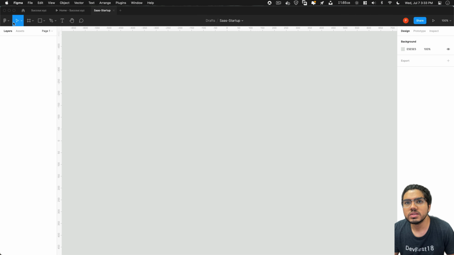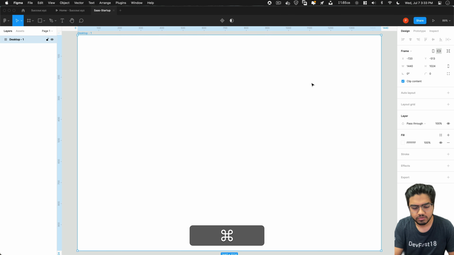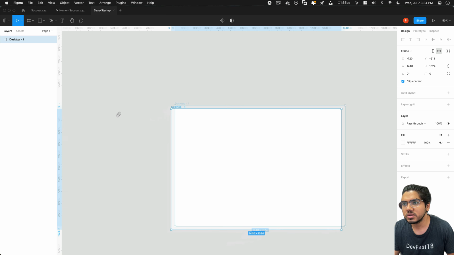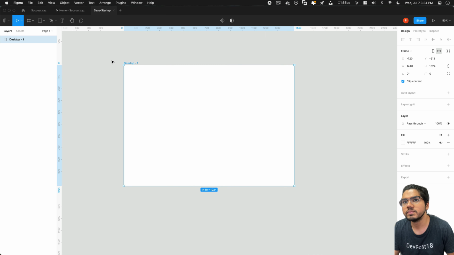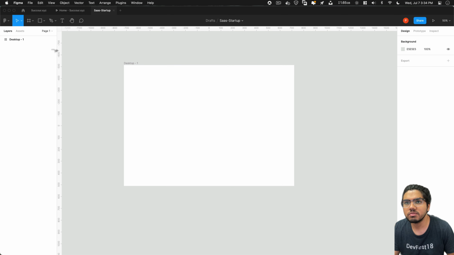Okay, so you can see you have a tab bar here. We have multiple tools. We'll discover all the tools in the following videos, but for now we have to click on this, which is a frame. On the right hand side you can see there are multiple frames. Most of our users will be desktop users, so we'll click on desktop, we'll press command minus, which will zoom us out, and if you press the scroll button and drag, you can even drag your artboard. Now we have the frame available for us.